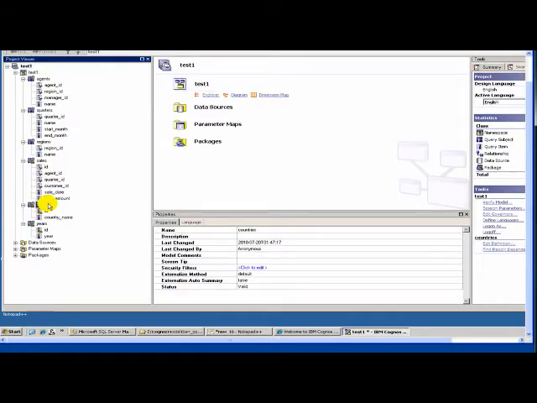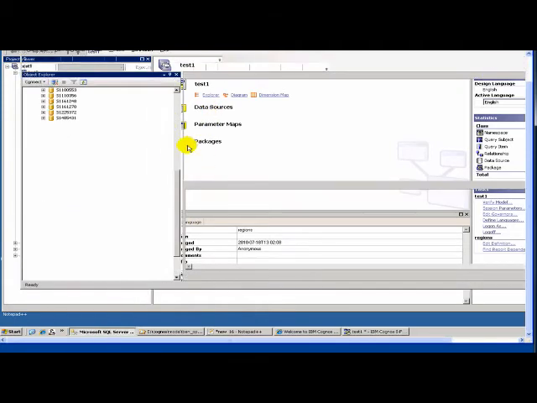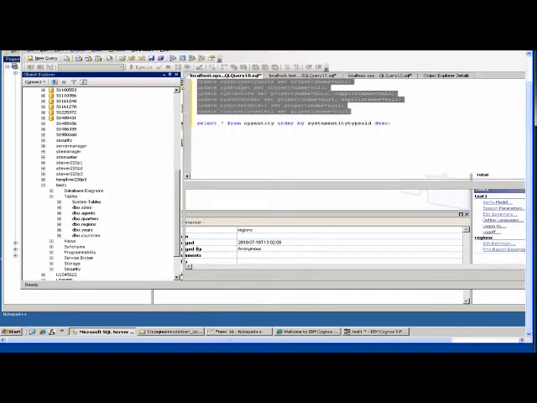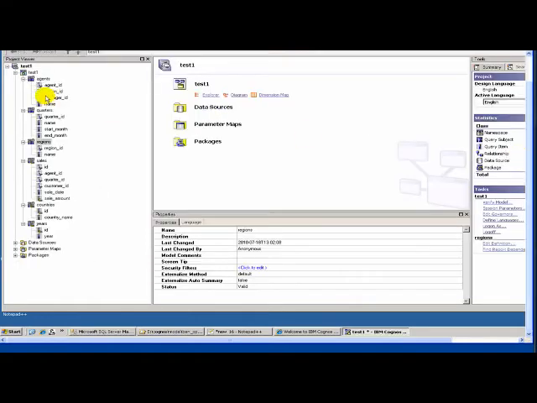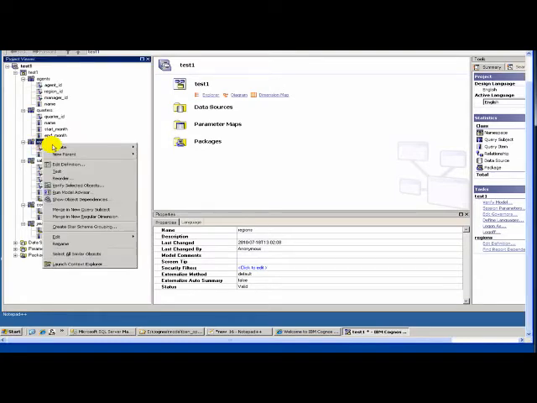So let's first create a relation between country and region. Now the problem is that here, as you see, in region we don't have the country ID, so we have to add that. So let's go ahead and add that. So I have added the column called country in region.